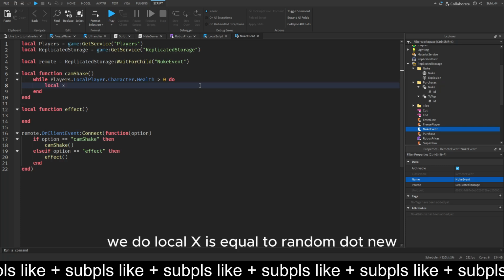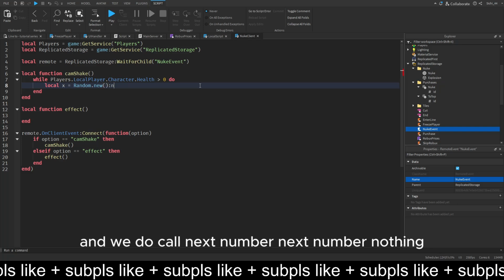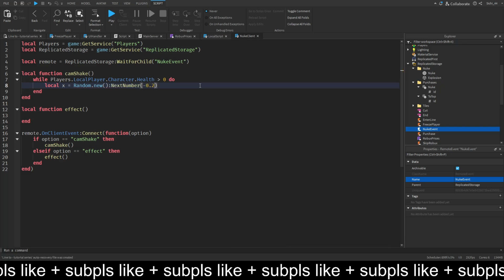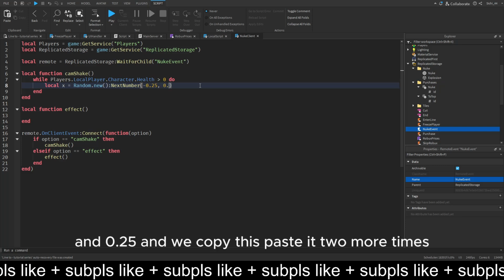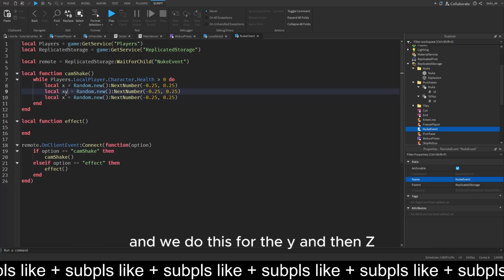We do local x is equal to Random.new, and we do :NextNumber, not integer, NextNumber, and we do minus 0.25 and 0.25, and we copy this, paste it 2 more times, and we do this for the y and the z,